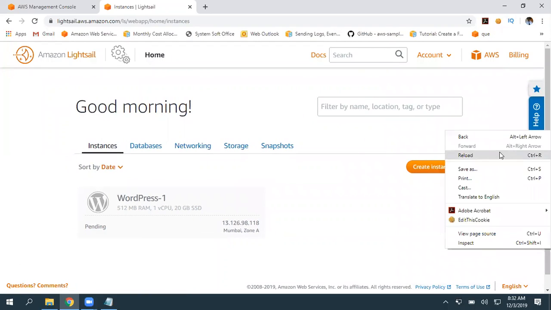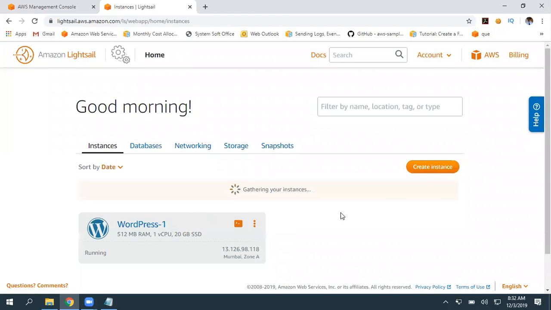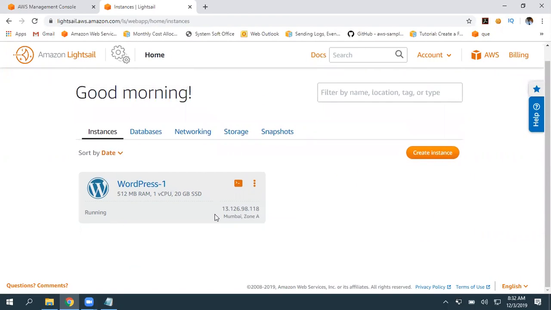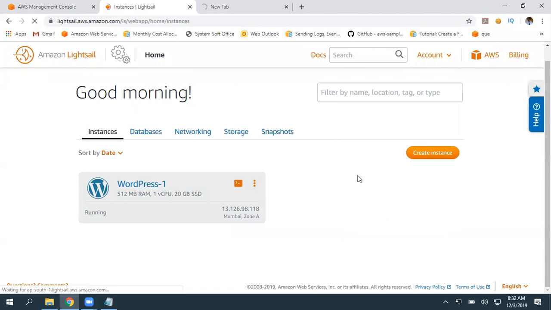We really don't require that. Now it has started creating. Once this creation is completed, we can connect to this and get the admin password. Here is the IP address where we can map our domain name if you have one, or you can deliver your website using this also. Let's wait for a couple of minutes.